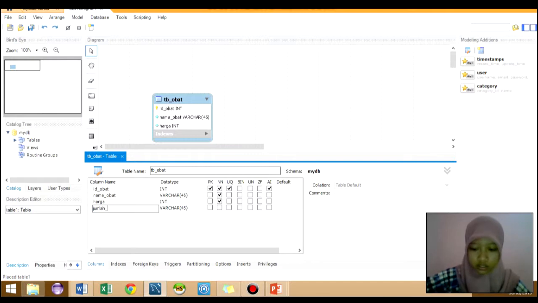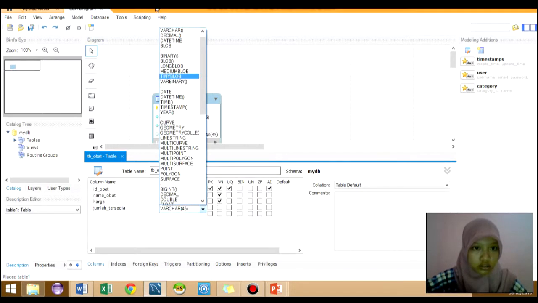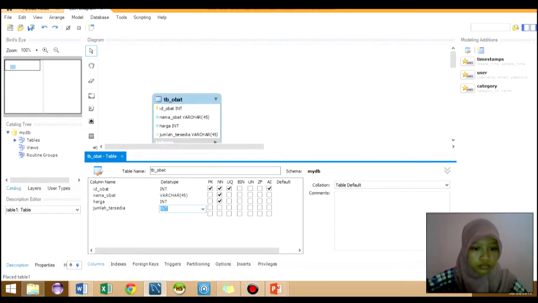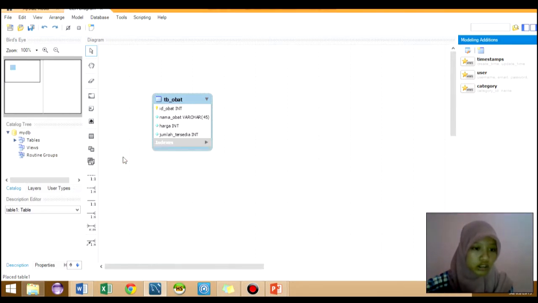Jumlah tersedia, integer also, not null. After that, we can close. The result is like this, and we can continue with other tables.